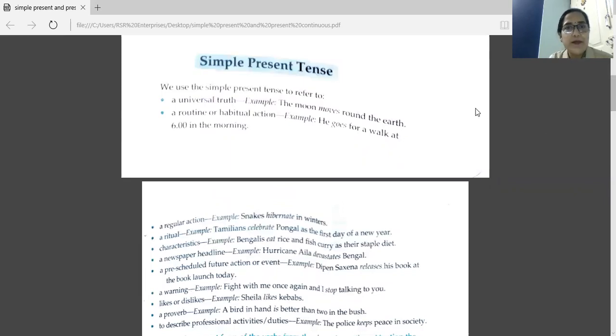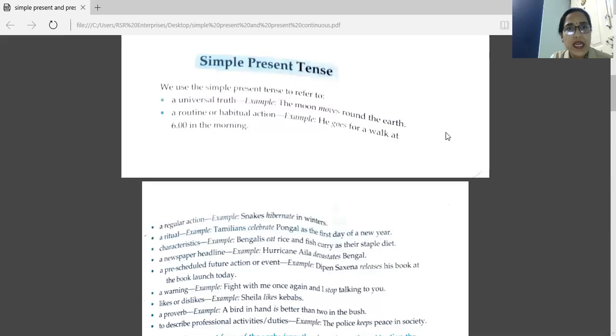Now I'm starting simple present tense. So where can we use simple present tense? Now first thing, which form of verb do we have to use in simple present tense? In simple present tense, we use the first form of the verb. As I said, there are three forms of verb. I told you the example also: write, wrote, written. First form is write. So this form we have to use in simple present tense.